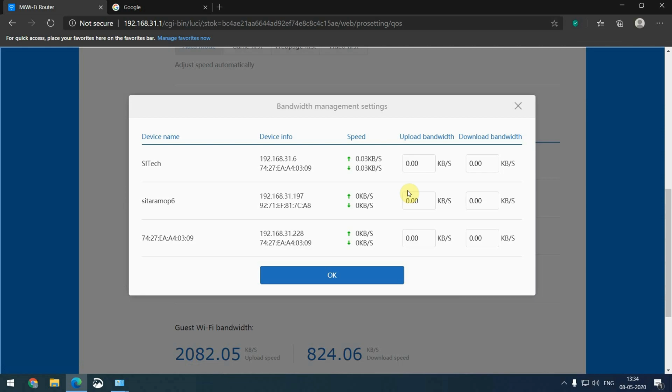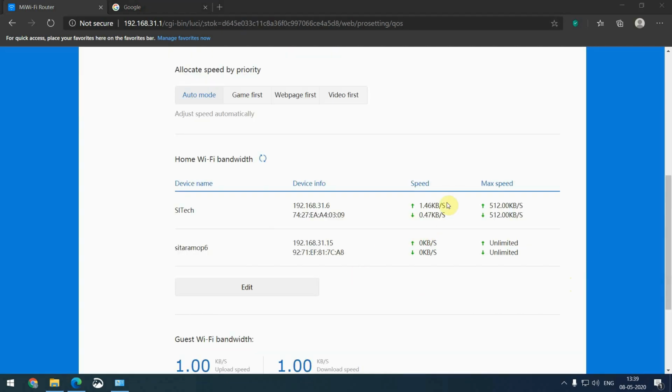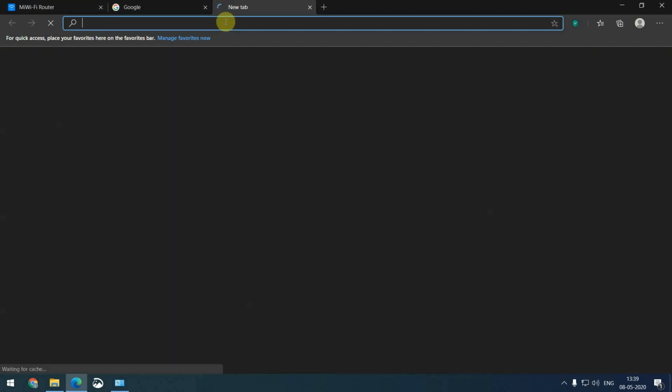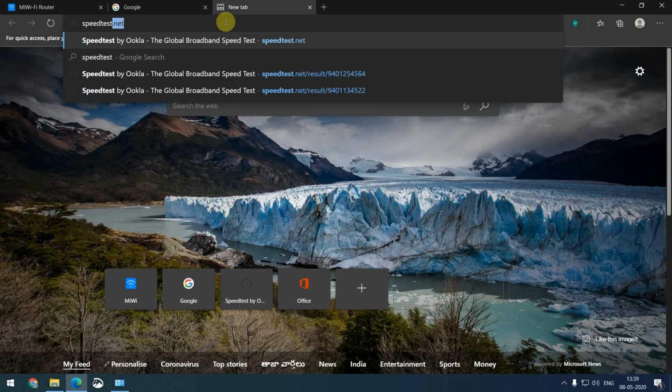If I want to allocate specified bandwidth, so this is my computer, I want to allocate a speed of approximately 5 Mbps. So I'll set the upload and download bandwidth limits. The bandwidth settings are applied. We'll check the speed.